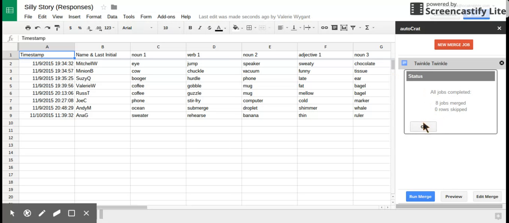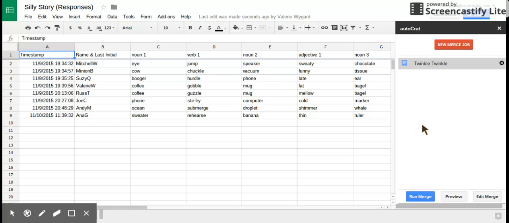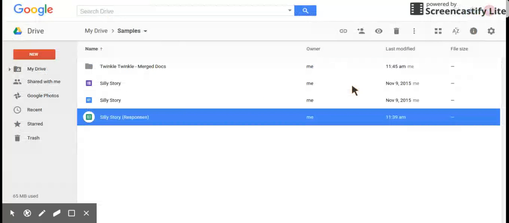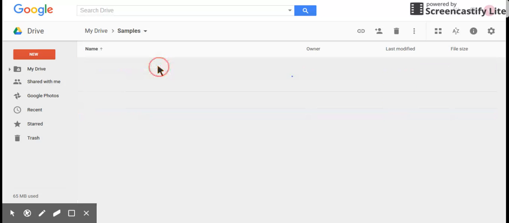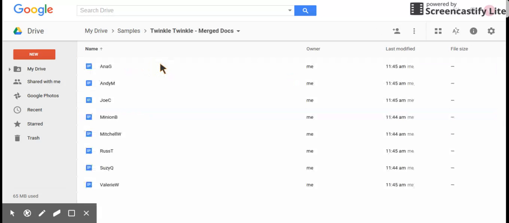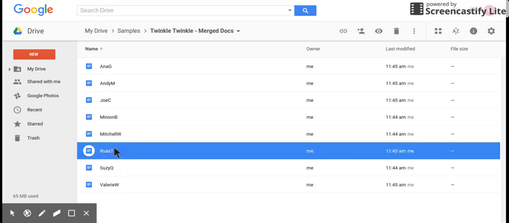All right. So all of my jobs are completed, so I'm going to click OK. And now I'm going to go back into my Drive. And when I do go back into the same place as that sheet where all that information was, you see that now there's a folder that wasn't there before called Twinkle Twinkle, just what I asked it to be titled. And it's telling me that it's the merged documents. So if I open that folder, then you'll see that all of the documents are named as the students, which is exactly what we asked it to do. So I'm going to open up this one by Rusty,